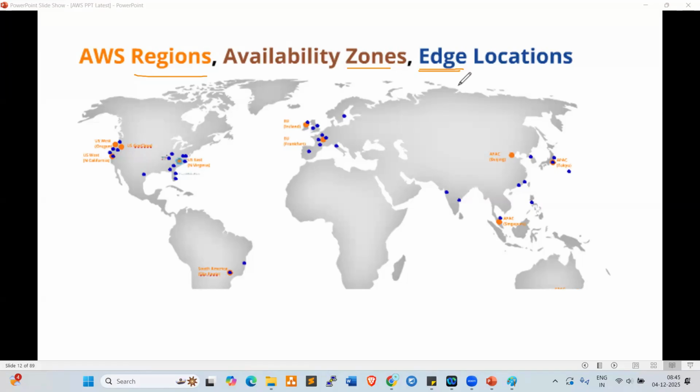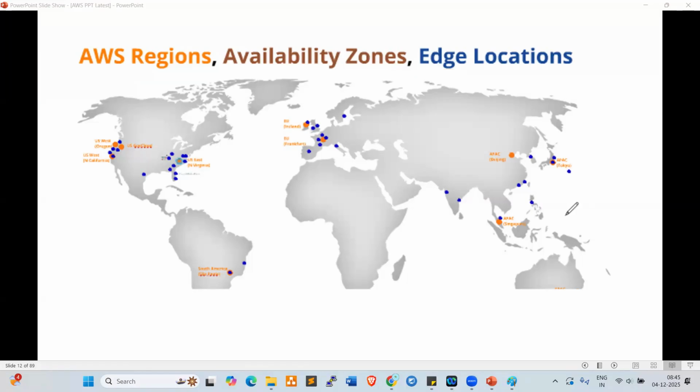While working on edge locations, we will definitely go very deep dive. So regions, zones, edge locations are three types of data centers. If an interviewer asks how many types of data centers are available: zones, regions, edge locations, right? These are all data centers. Fine?